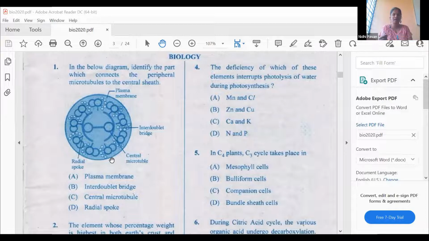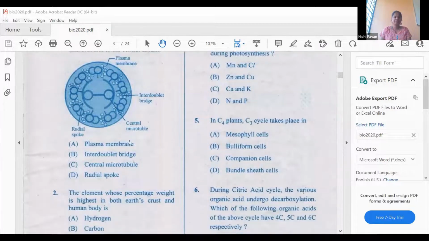Okay. So here, the correct answer is option D, that is a radial spoke. That is a radial spoke, this one. So this one is there, no? The radial spoke attaches the central sheath to the peripheral microtubules. Okay, good. So the next question is,